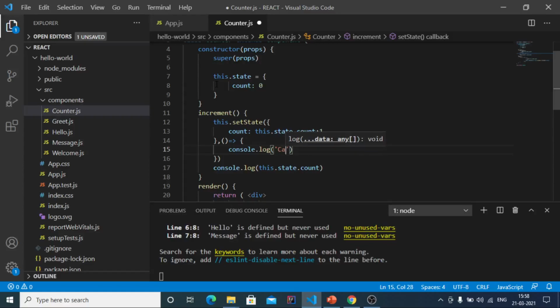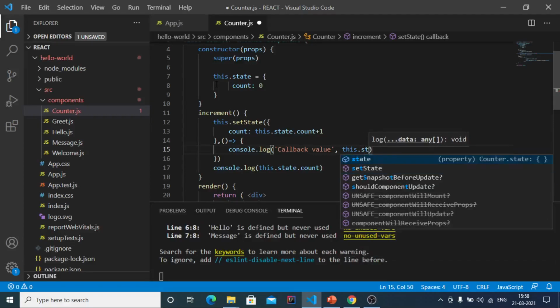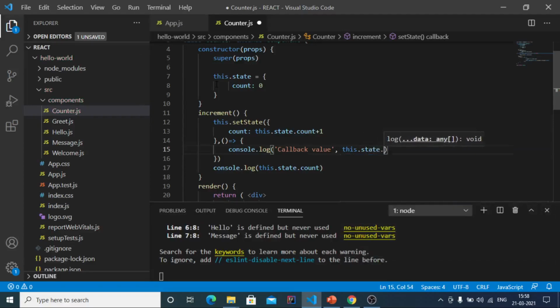So this is a callback function, so here we are writing callback value, then comma this.state.count.